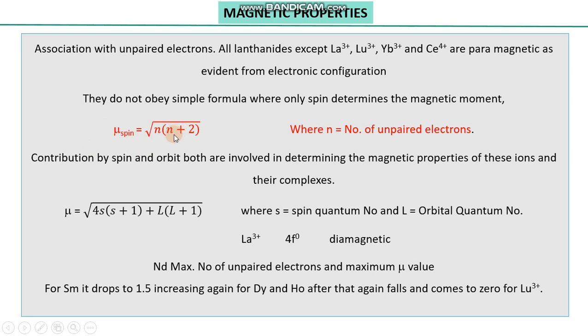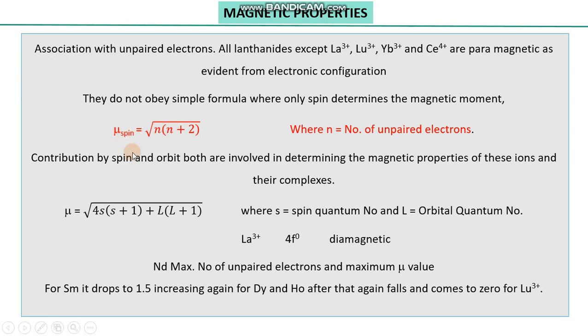In this case, where the formula is applicable, we can determine theoretically the magnetic properties of those species where unpaired electrons are known, and normally the experimental and theoretical calculations are matchable with each other. Now, in case of lanthanides, if we use the same formula,